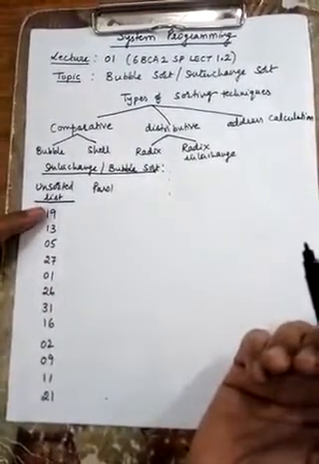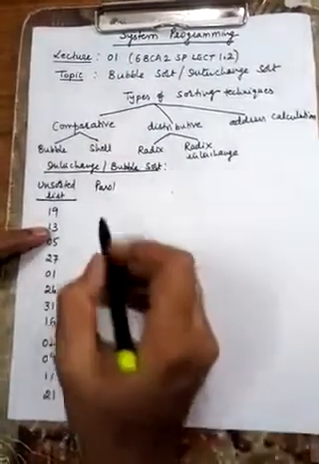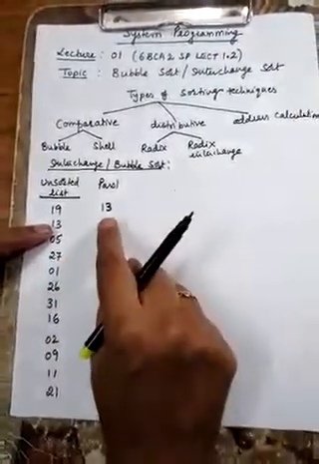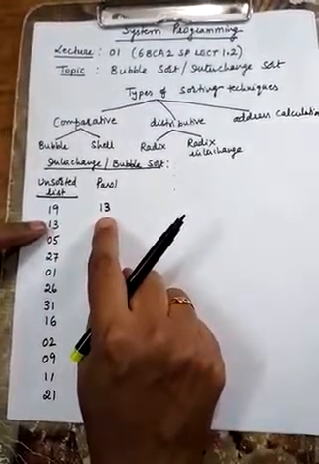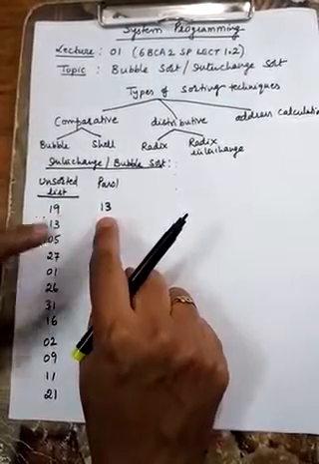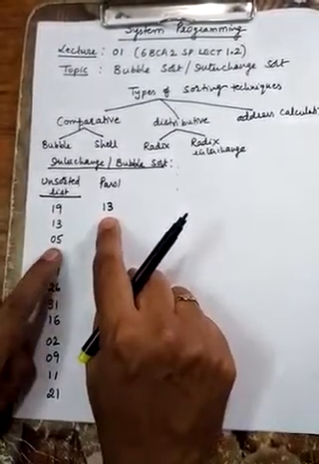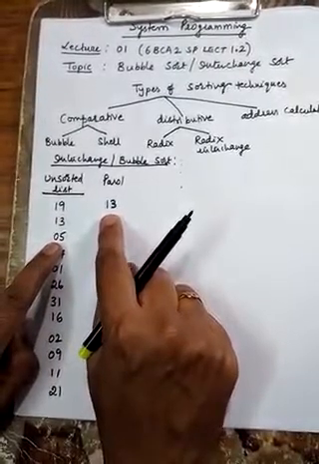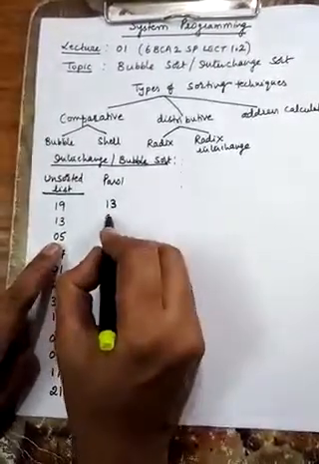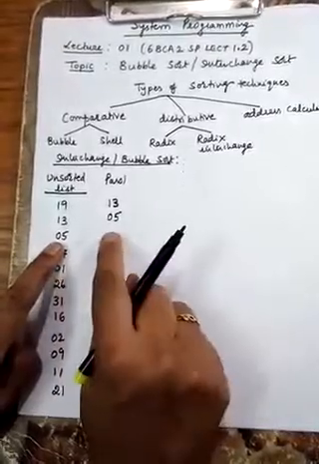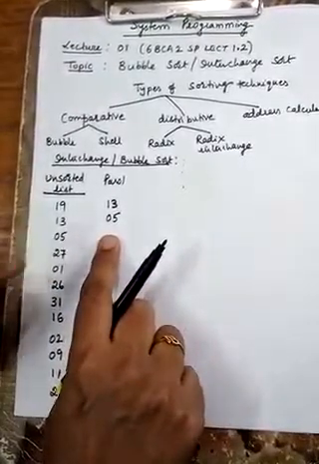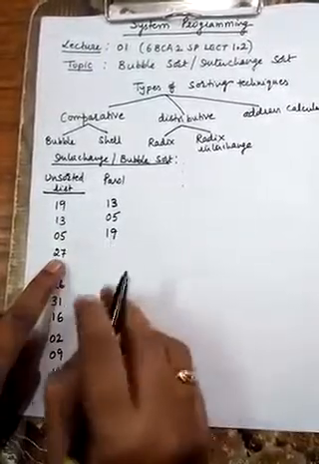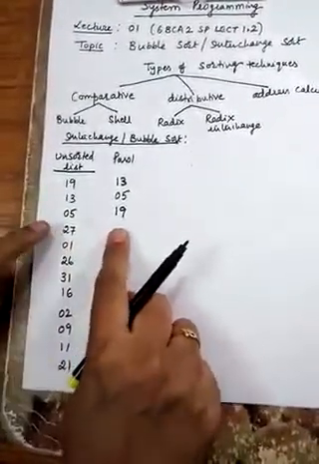Now here 19 is greater than 13. So 13 will go to the first position, 19 will come to the second. We will not write 19 because that should be compared with the third element. Now 19 is compared with 5. 19 is greater, so 5 will go in that position and 19 will come in the third position. 19 is less than 27, so 19 will stay in the third position. Now the fourth position will be your 27.